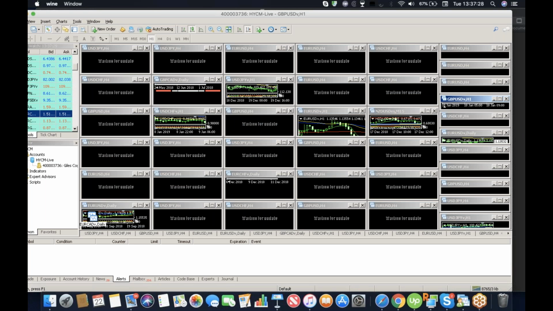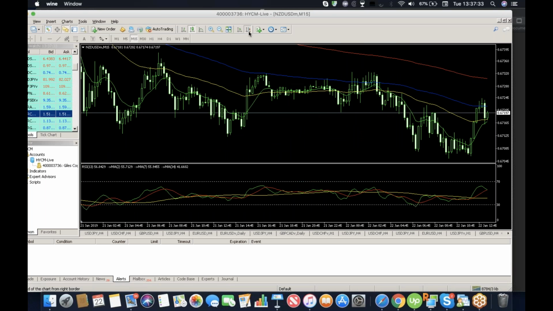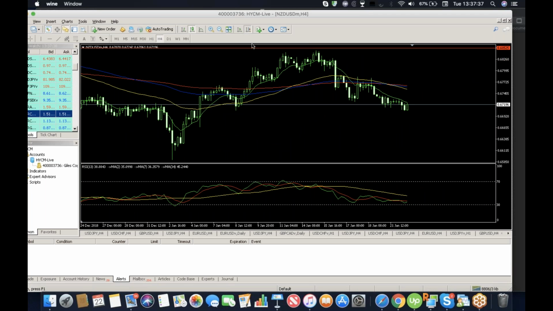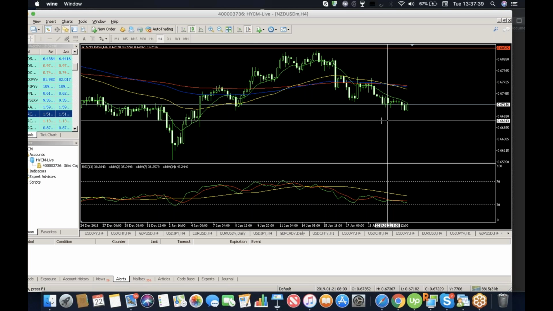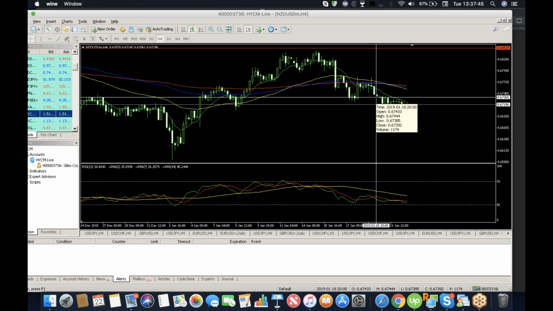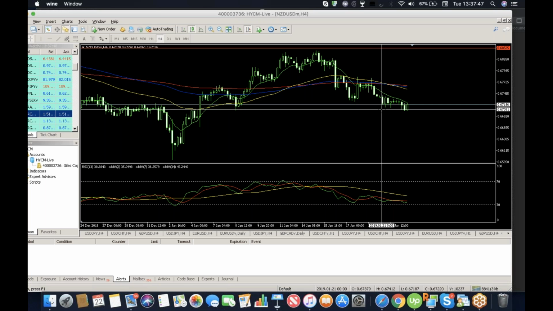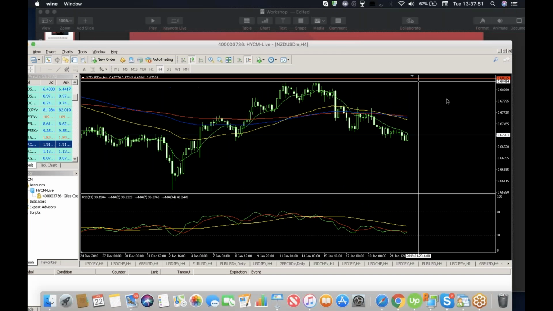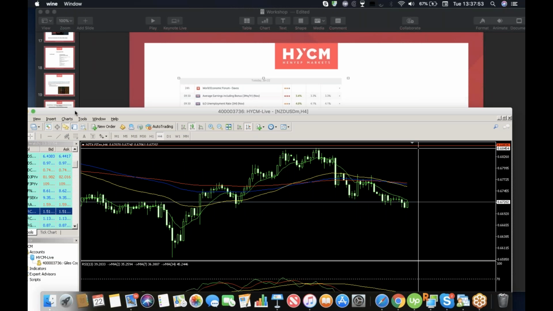Let's have a quick look at New Zealand US dollar. There we go. Like you can see, the market opened. Where did the market open here? Yeah, the market opened here, and you can see the New Zealand dollar has just sold off. Now, part of the reason is this really poor data